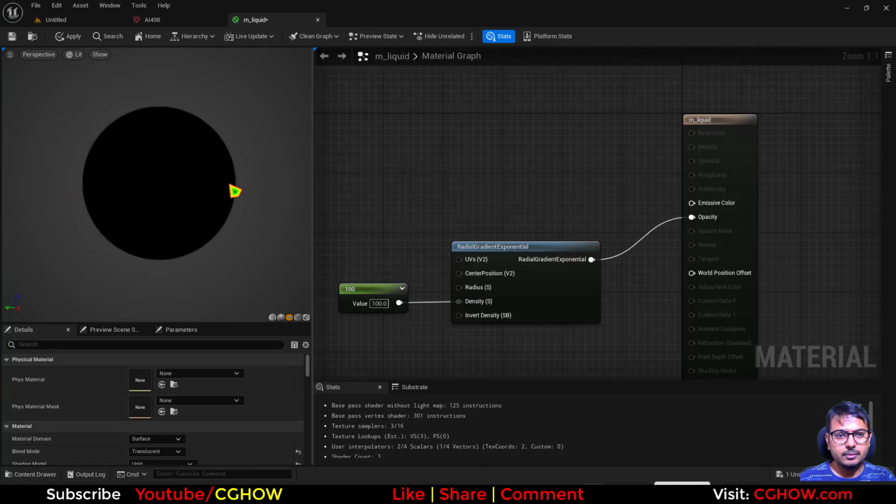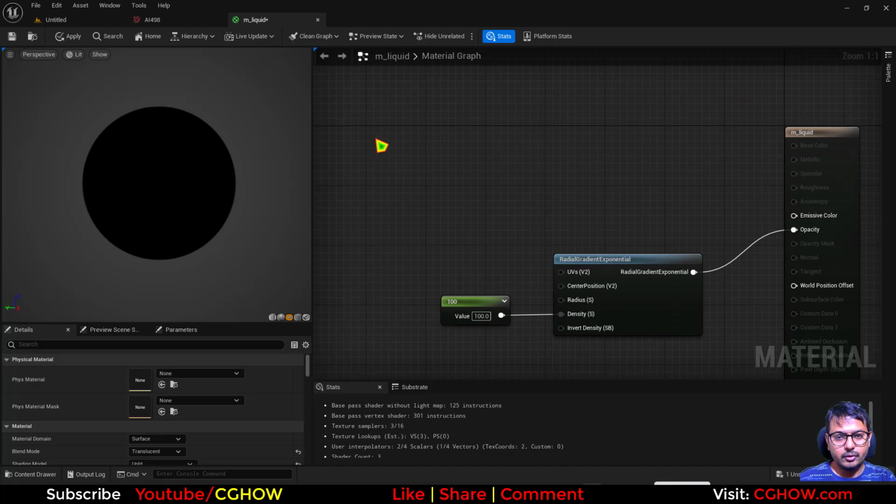Now we want to make something in this, like a liquid. So if I take a texture coordinate